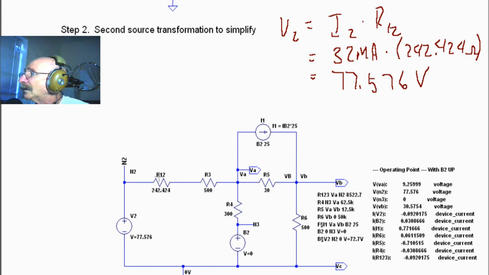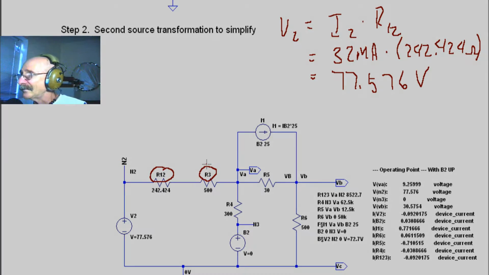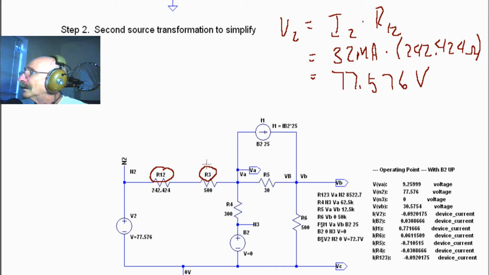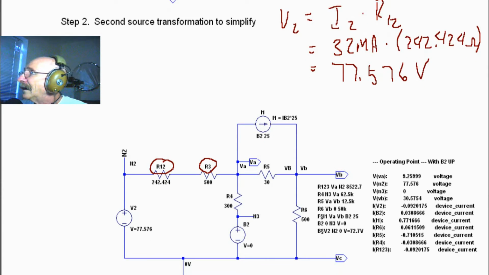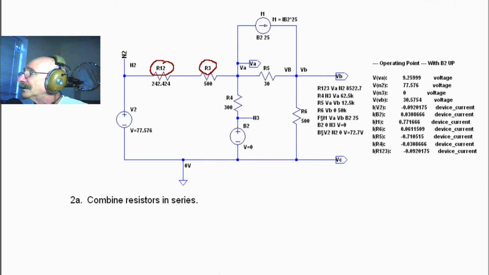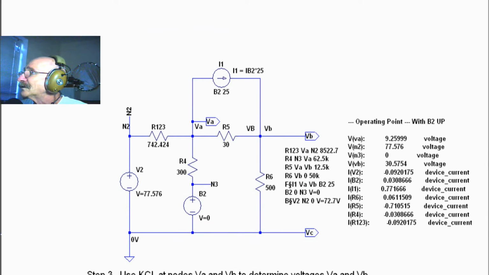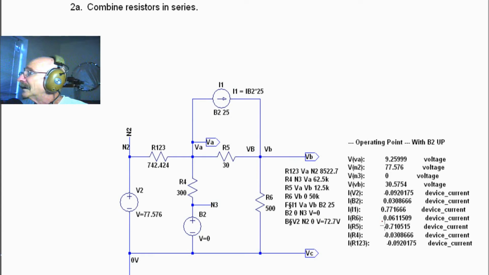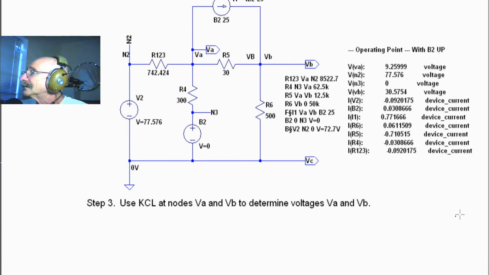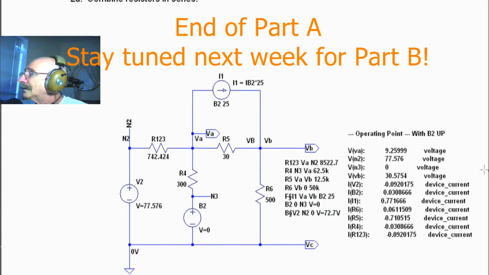Now you see here we have R12 in series with R3, which was there before. So here again we have a simplification that we can do on our circuit, and we combine those two resistors in series and produce our next schematic. So now we have a resistor R123, which is just